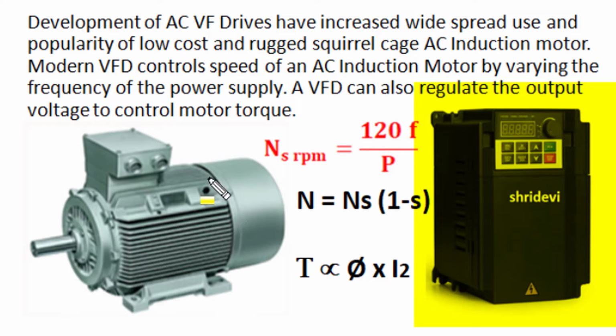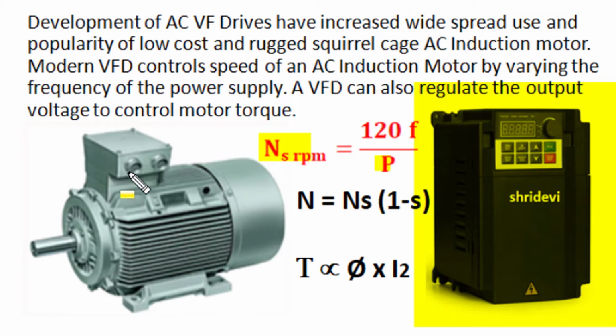We know in this squirrel cage induction motor a 3-phase space displaced balanced winding is wound in the stator core, and when that winding wound for P number of poles is given F supply frequency, it produces a rotating magnetic field of synchronous speed ns rpm given as 120 F over P, and as per electromagnetic induction, the rotor has induced current,